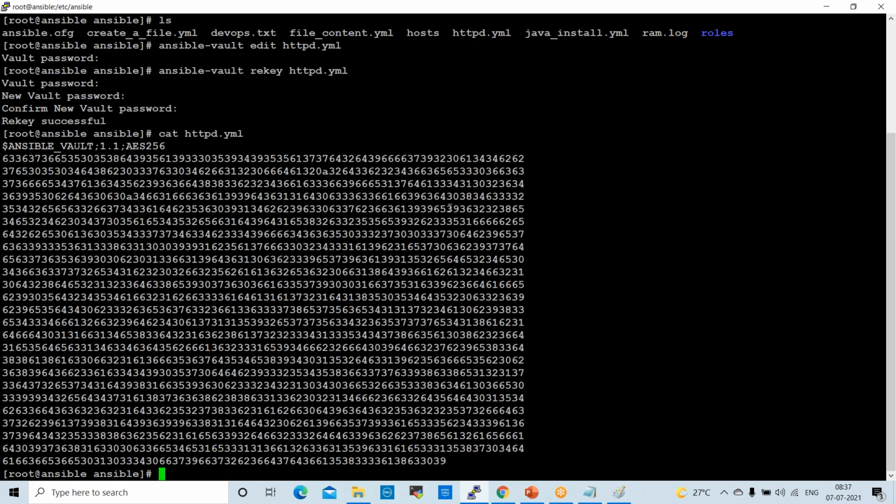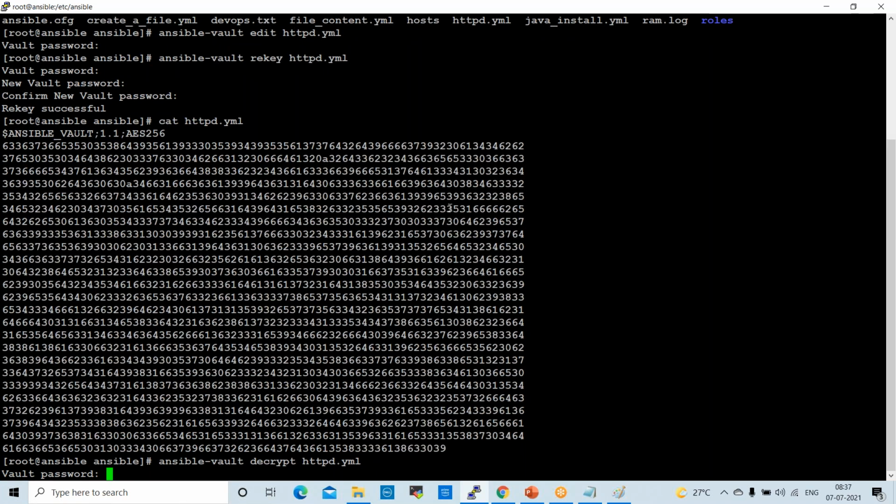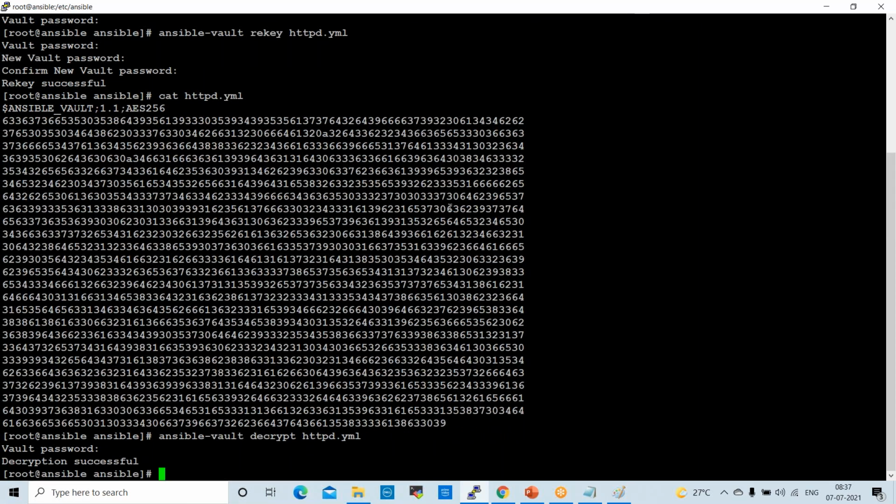So to decrypt this, the command here is ansible-vault decrypt httpd.yml. Now it is asking for the password: 5, 6, 7, 8, 9. Now decryption is successful.